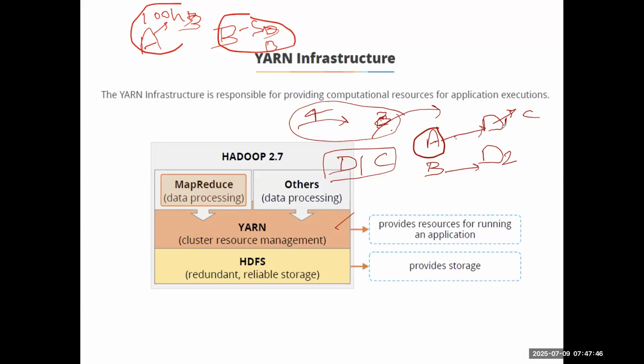Maybe you are confusing things with HDFS. We have the name node and the data node, but in HDFS we are just keeping the data. The job running and all will be taken care of by YARN. In HDFS, we have name node and data node. In the name node, we are keeping just the metadata, information about the data, where the data is. It does not keep information about which job is running, which job is failing, which jobs are in the queue and all those things. That is taken care of by YARN. Got the difference, right?